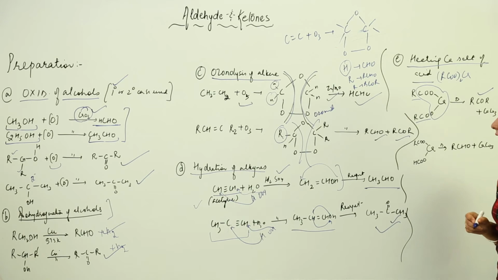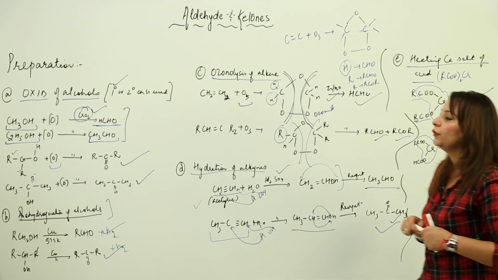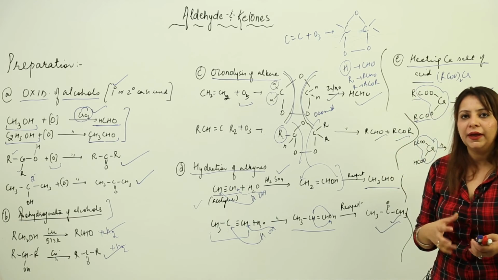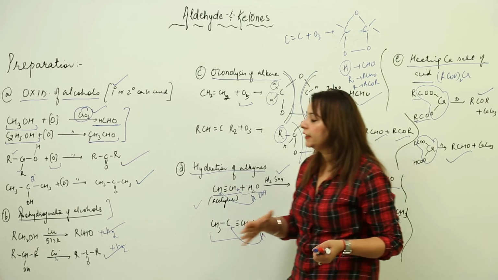Likewise, we can prepare an aldehyde, but here you should have at least one H. So suppose I have this, again a calcium salt of a carboxylic acid. When I heat it, calcium carbonate will be liberated, and now you are left with RCHO. So it will form an aldehyde. So these are a few methods by which you can prepare aldehydes and ketones. I think it's clear that we can do it.